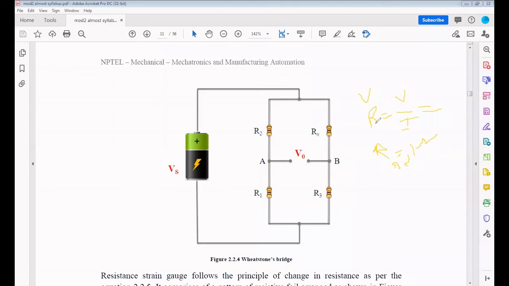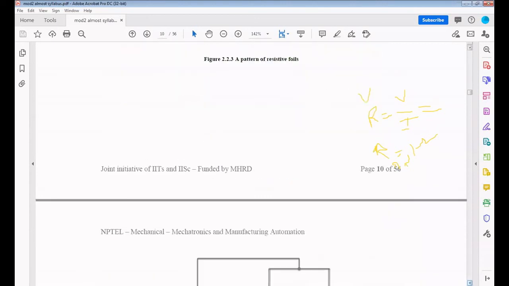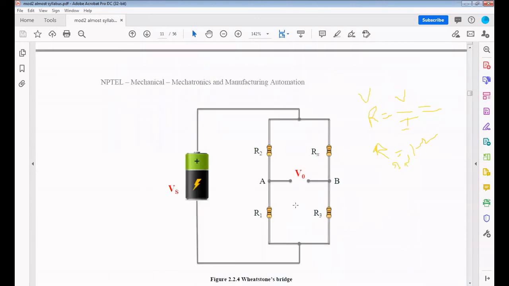Suppose in industry, this is one particular system, we are applying a compression or a stress on this particular material, and the length will decrease. If previously the length is high, at this high length, what is the resistance? After we apply the stress, what the resistance actually is, we can find out by using this Wheatstone bridge. So that material we can connect here.